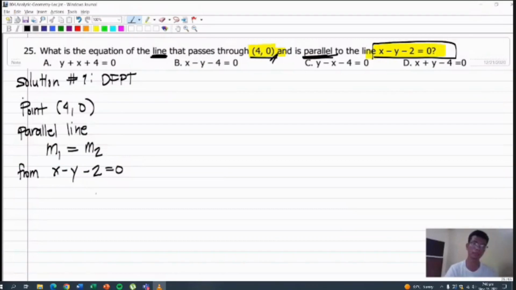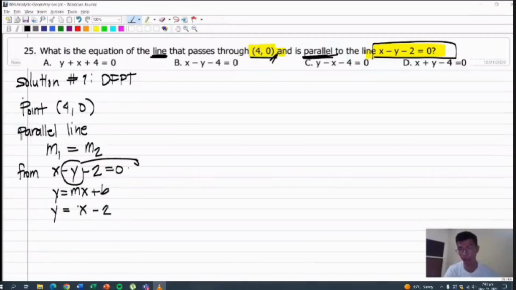Ayusin natin yan. Di ba, pinakamadaling kumuha ng slope sa slope intercept form, y is equal to mx plus b. Ang gagawin lang natin, ilipat natin si y para maging positive. Nilipat si y, naging positive. Ang natira is yung x minus 2, meaning the slope na gagamitin is 1. So, using the slope, m is equal to 1, and the given point na 4, 0, we can now use